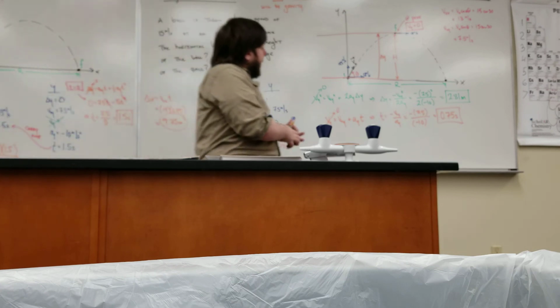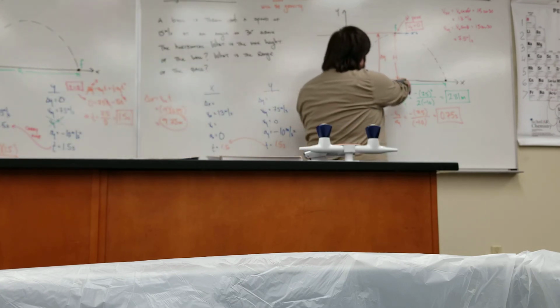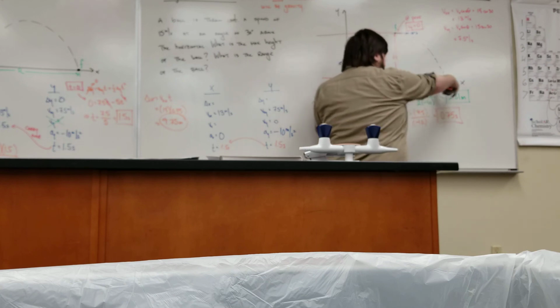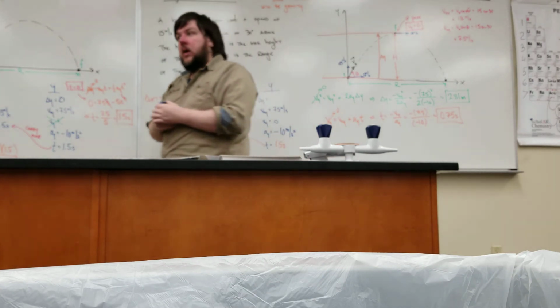So you see, once again, the trajectory is symmetric. The distance that it travels horizontally to the peak is half the total range, but only because the projectile started and ended at the same height. This symmetry only exists if the projectile starts and ends at the same height. So do not rely on that symmetry to always be there. If I were to throw something off a cliff, for example, that would be a